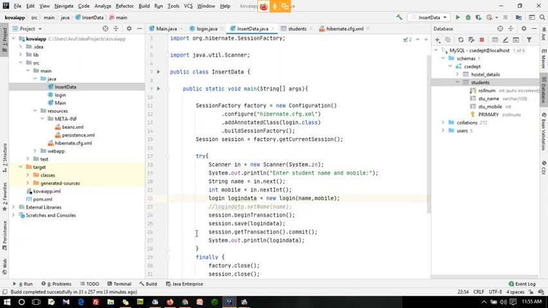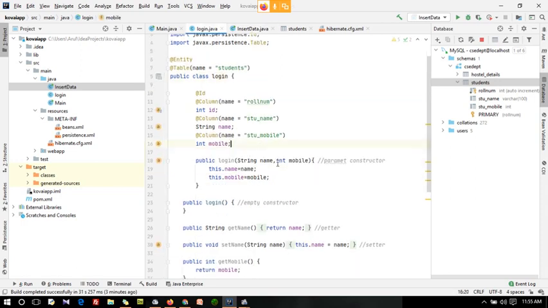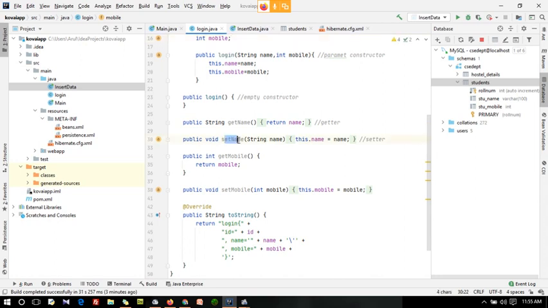This data will be passed to my login class constructor, and then initializes the student name and mobile inside my constructor. If we call this, it automatically calls the setName method, and the value is passed to setName, because inside this getter and setter, in setName I am having a String name.